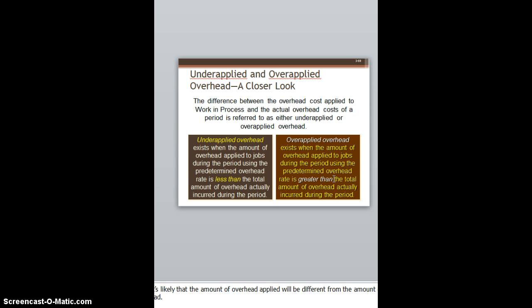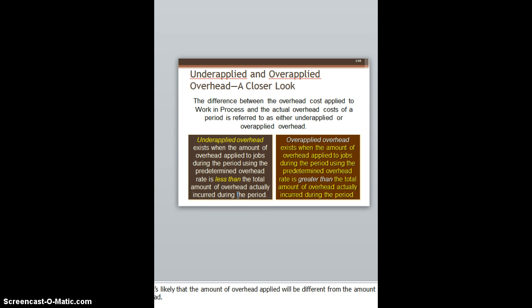Alright, so the difference between overhead cost applied to work in process and the actual overhead cost of a period is referred to as either over-applied or under-applied overhead. If you look at the definition here of under-applied overhead, it exists when the amount of overhead applied to jobs during the period using the predetermined overhead rate is less than the total amount of overhead actually incurred during the